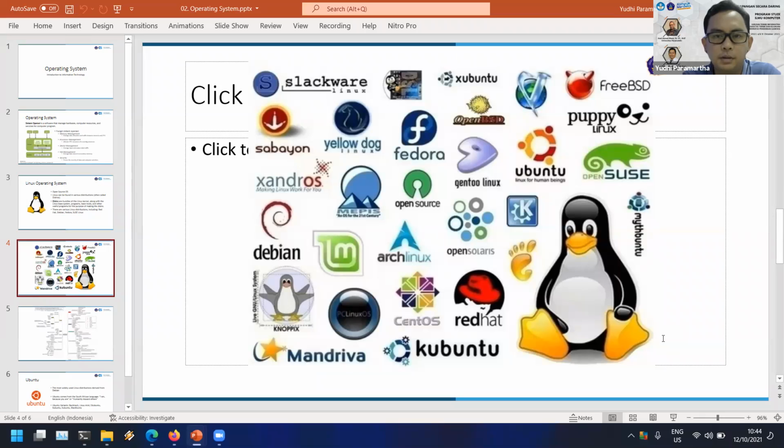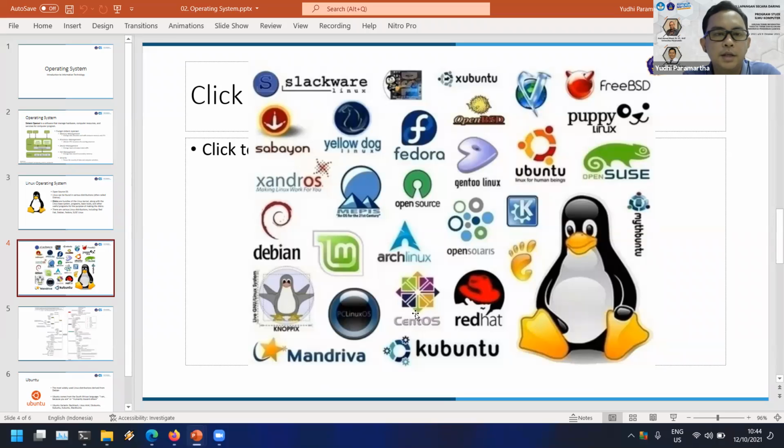For example, Red Hat is for enterprise users, and the consumer version of Red Hat is called CentOS.